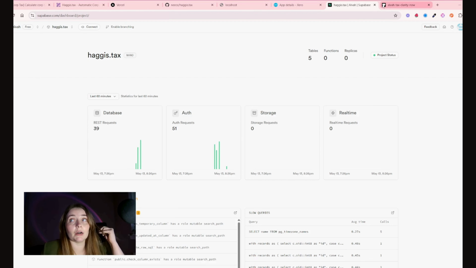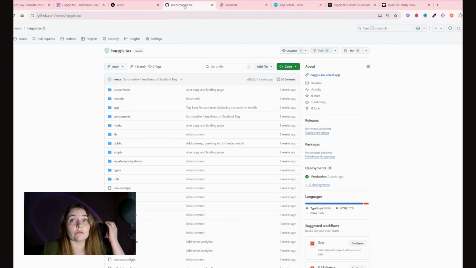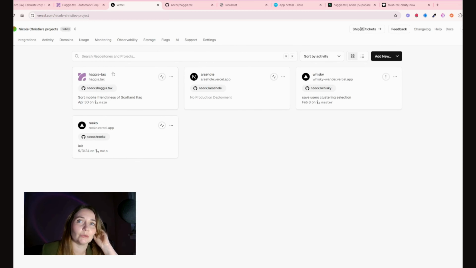And I used GitHub, as I assume everybody does, for my repo, and I used Vercel for hosting. All of these are free up until a point, and I'm not currently paying anything for any of these tools, which is fantastic. The only one I am paying for is N8N, but I use that for loads of stuff